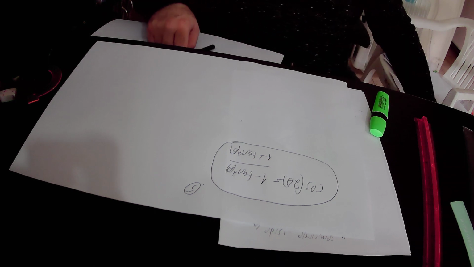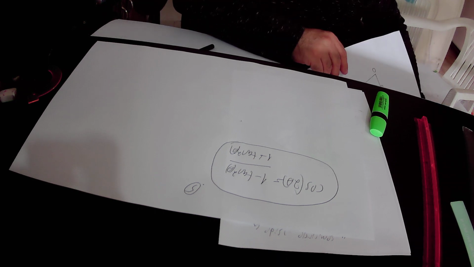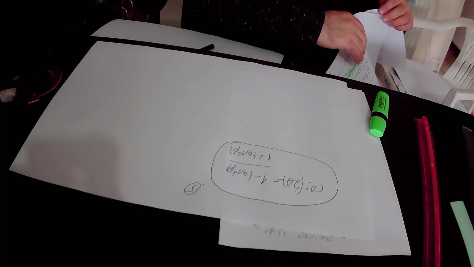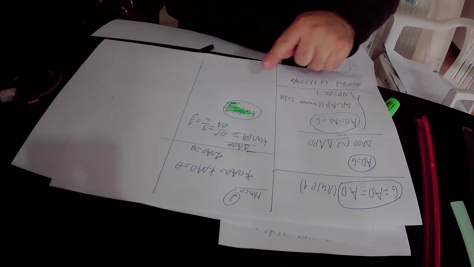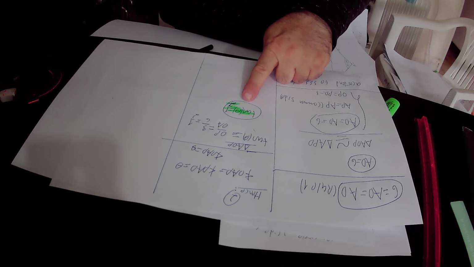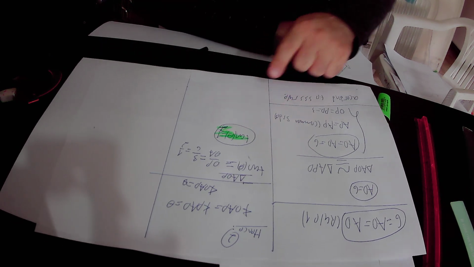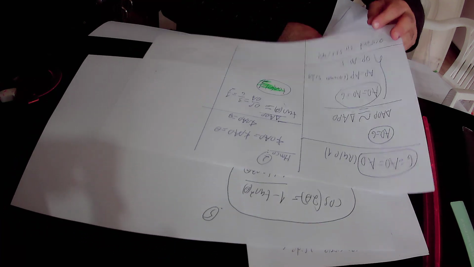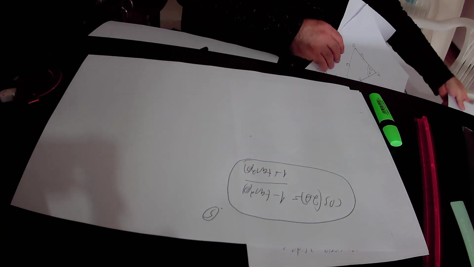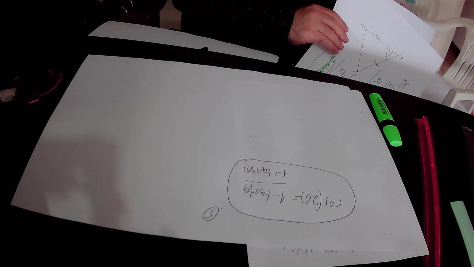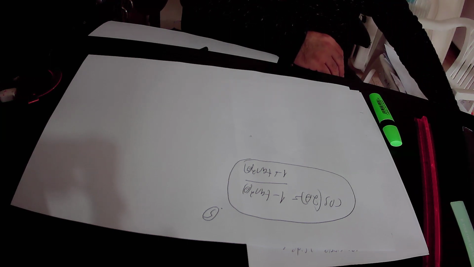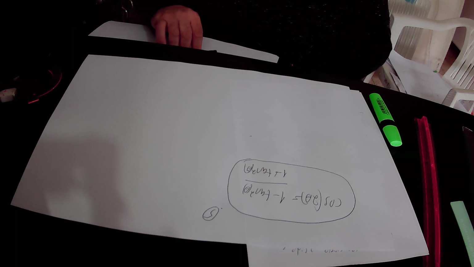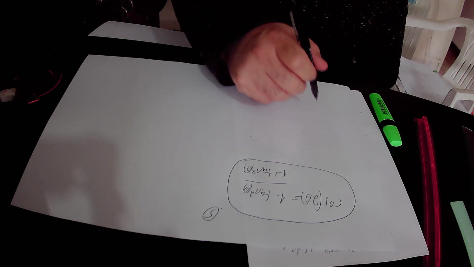Here we have already found out that tangent theta equals to 1/2. That is to say, we can substitute tangent theta in this trigonometric identity by 1/2. We will do it now, and we get that